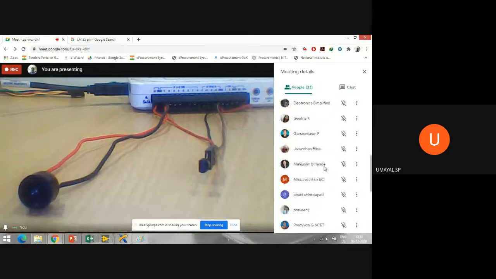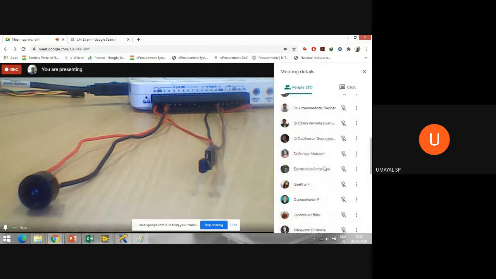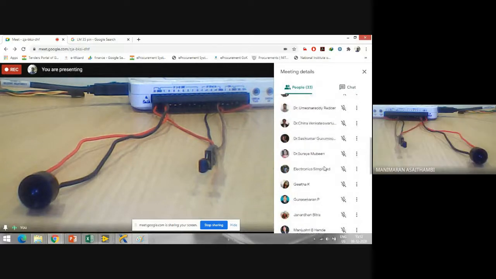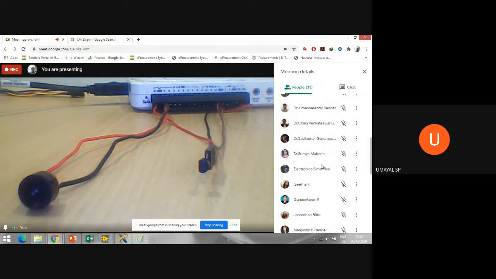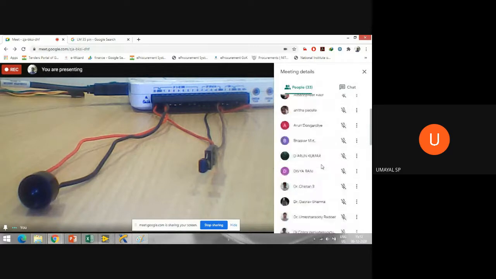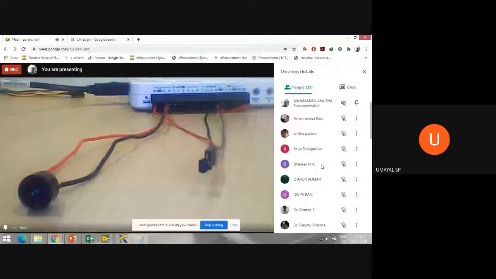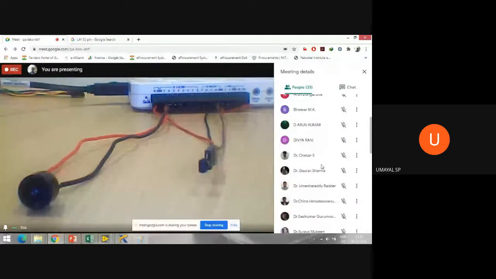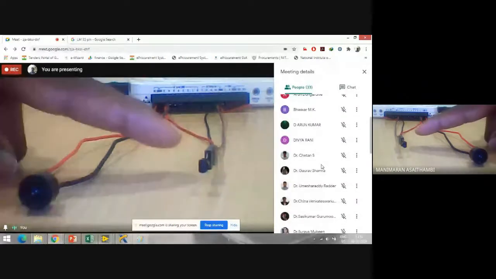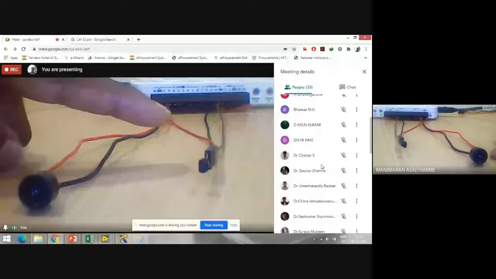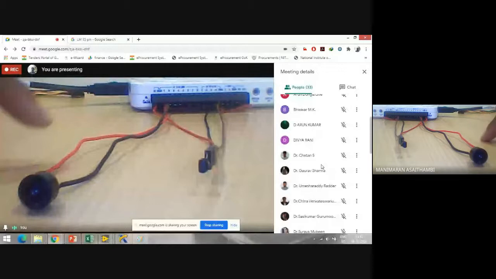The ground is separate. All the grounds are common here, ma'am. Okay. We are giving supply to that LM35 always, is it? No, that sensor will take it, but I don't think the sensor has any work to do with the buzzer, because I want to stop this buzzer which is making a sound.